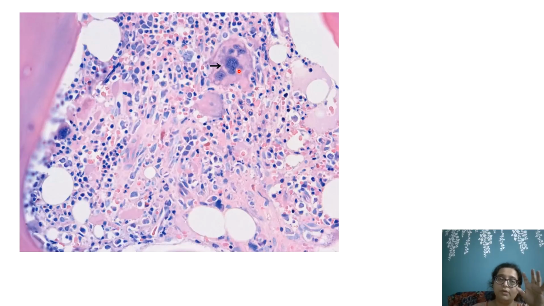But what should pull your attention are not these cells, you see these stretched ones, and then you see some smudgy pink. This is edema fluid. I really don't know, this could be necrosis, and these could be just epithelioid cells, and that is causing dysplastic megs. This is not a giant cell. In a giant cell, the cytoplasm will not be like this, it will be more like that of a macrophage.